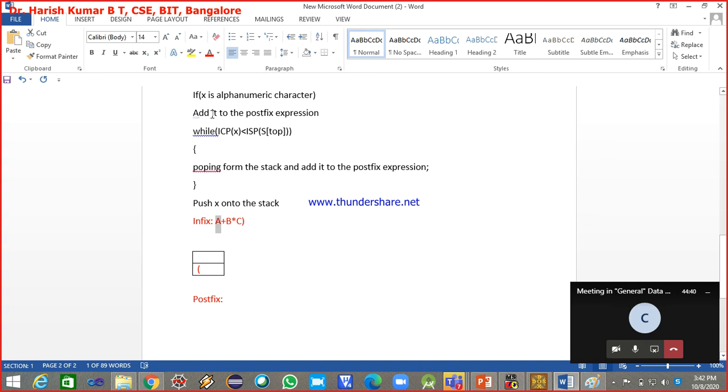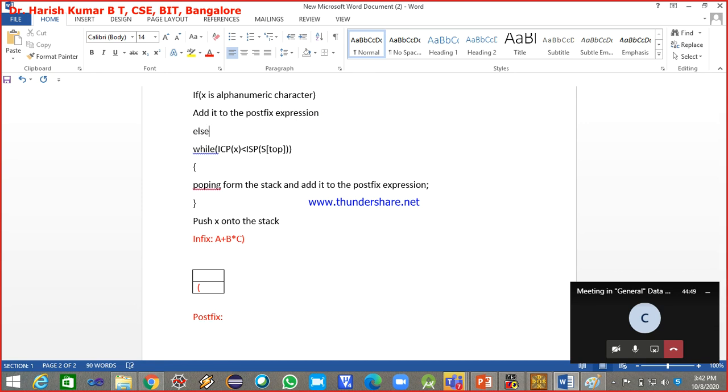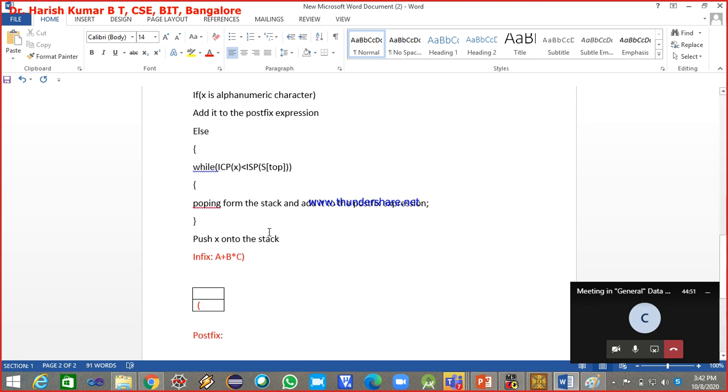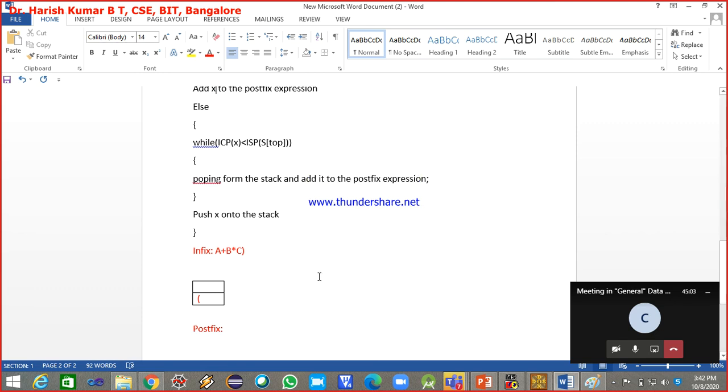Now what do you have to do? Add it to the postfix expression. Understood? So this all comes in the else part. If this is true, add X to the postfix expression. Clear?